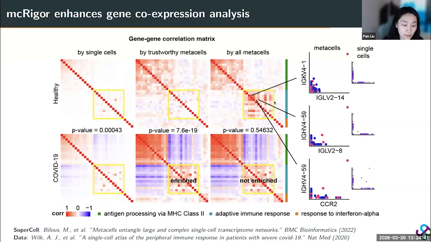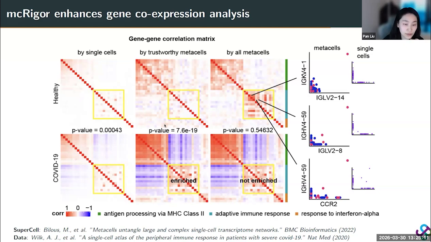Something we want to pay attention to here is this gene module in this yellow box, defined as the adaptive immune response module. First, we can compare the single-cell level co-expression on the left with the metacell level co-expression on the right, and we can see that SuperCell indeed strengthens the correlation signal in both healthy and COVID-19 patients. But there are not many differences in this adaptive immune response module between the two cohorts. However, if we use our